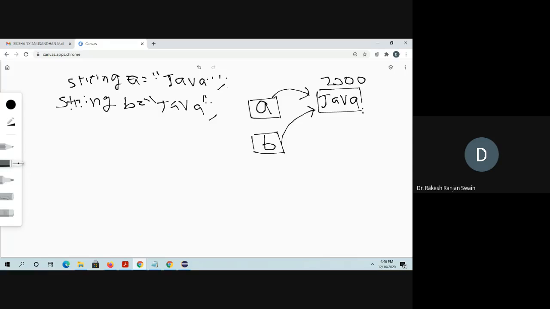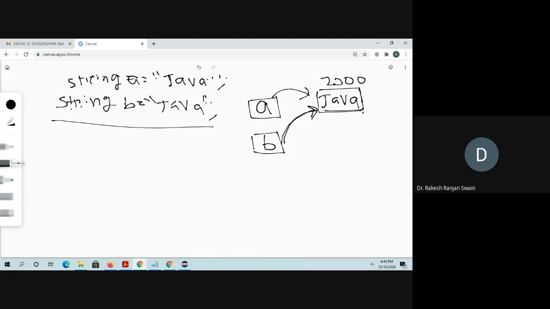So in this type of declaration, whenever you declare using literals, directly passing the constant, both A and B are stored in the same memory location because Java is already created, so it does not create any duplicate value. It will share the same memory location.